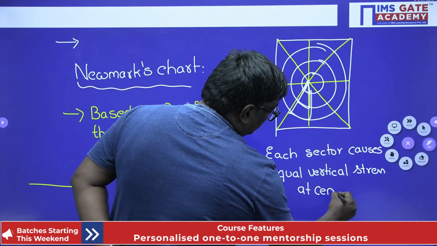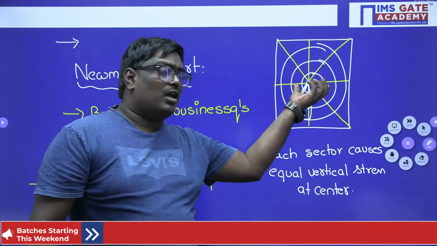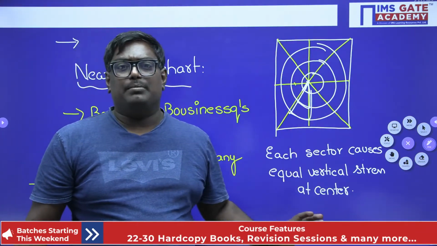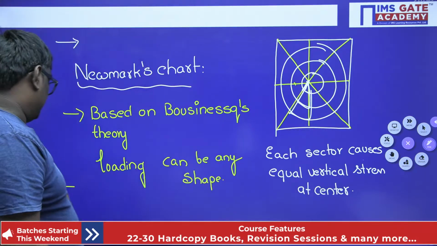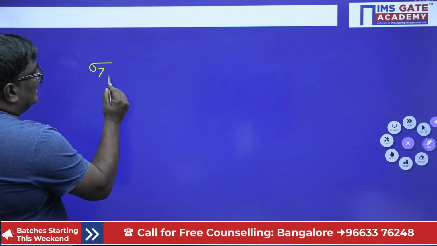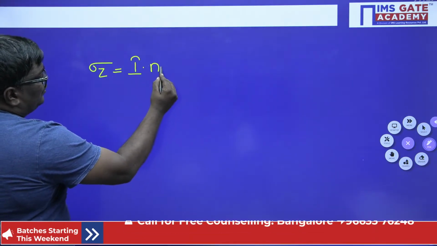So the loading can be any shape. The loading can fall within this chart or outside the chart. It is unnecessary, it can be any shape. You can find out using the Newmark chart. So how do we find this? The stress at any depth Z using the Newmark chart is given by the formula I into N into